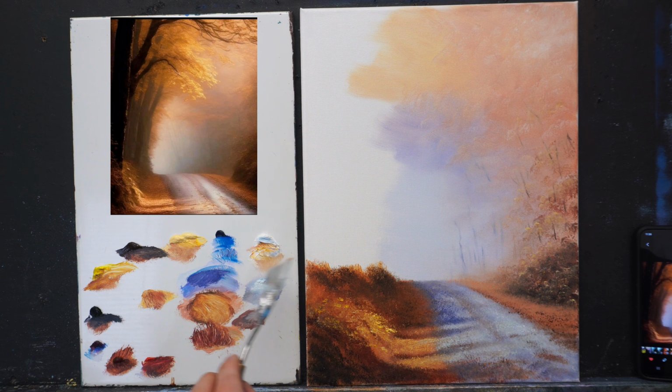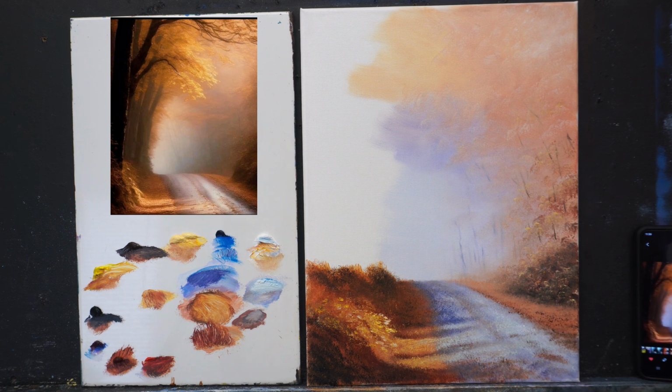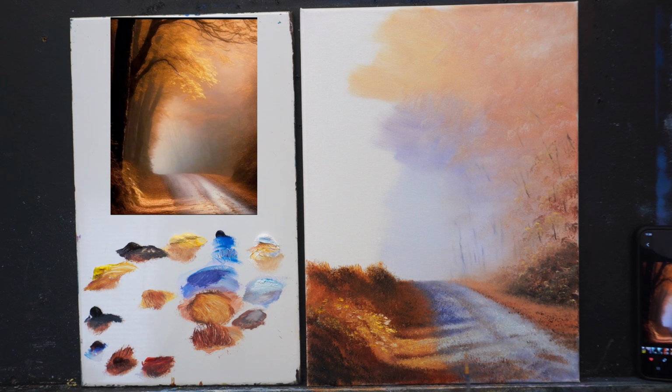I don't want to overdo this. There. I think that's fine. It's just a little to catch the eye. That's all. So look what we have done now in that short time. Isn't that just amazing? And what I could do as well, another little idea for you, take some burnt umber or black or whatever, and just pop a few little impressions of, you're not painting detail as such, you're just